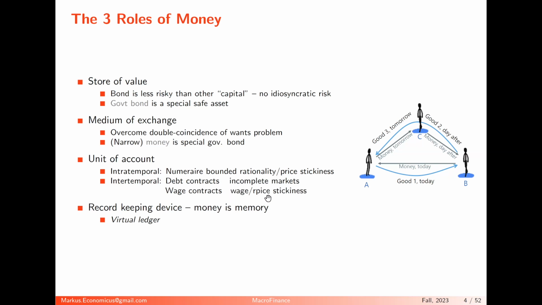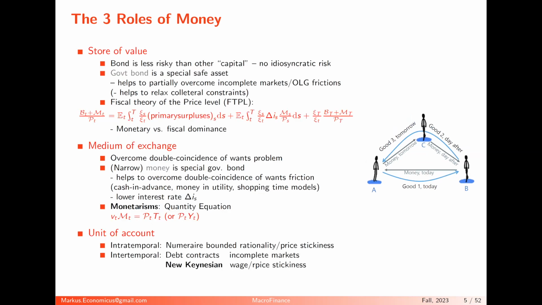And of course, money is also a record keeping device. You have, let's say, a ledger where everything is recorded, or you have a blockchain where things are recorded. So money is typically also memory. Everything is kept written down in a ledger. It's like a database. Okay, so if I put this in now, different forms of monetary theory is just a big picture overview.